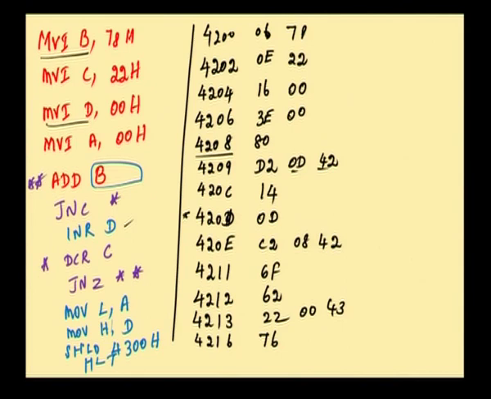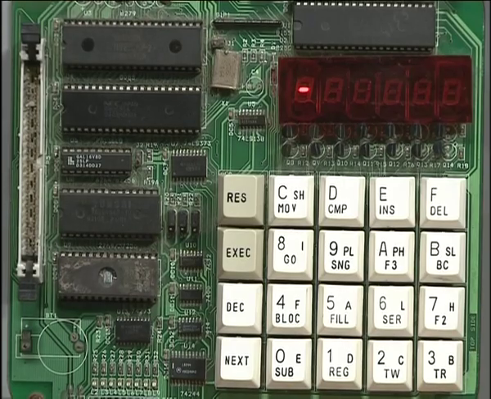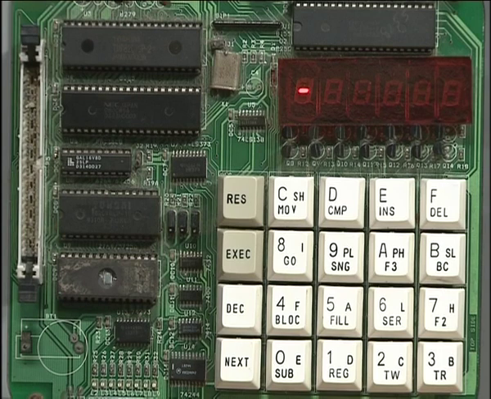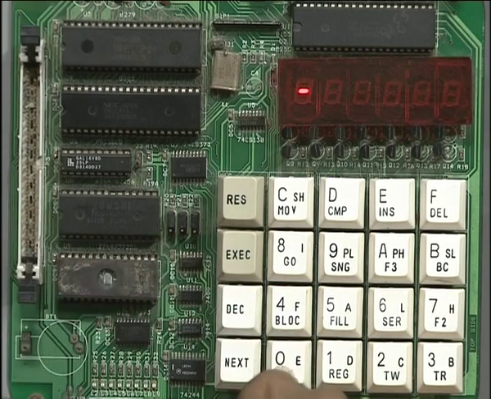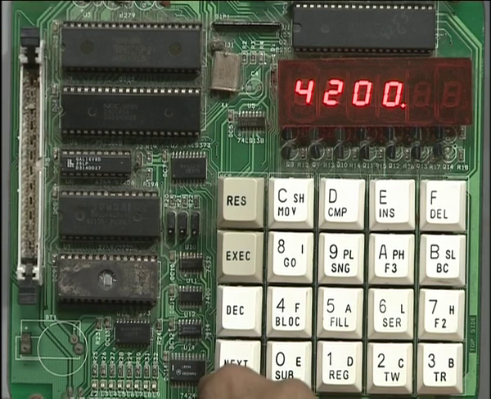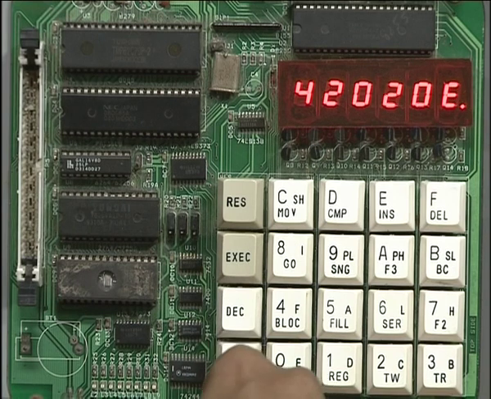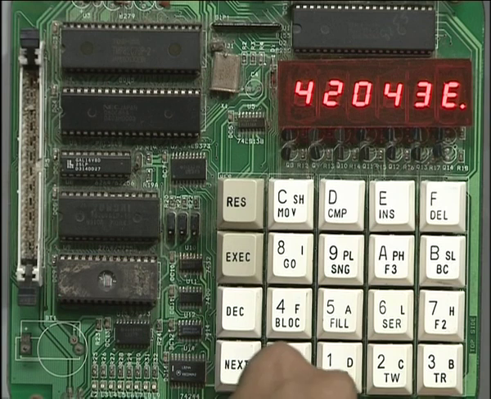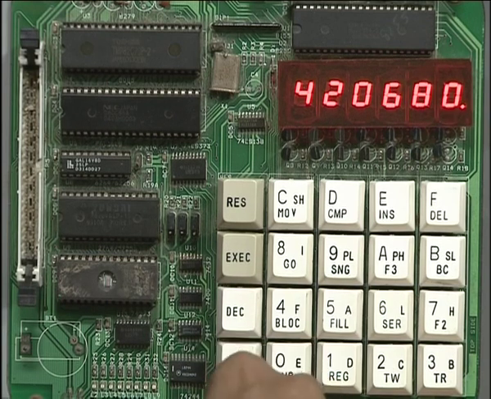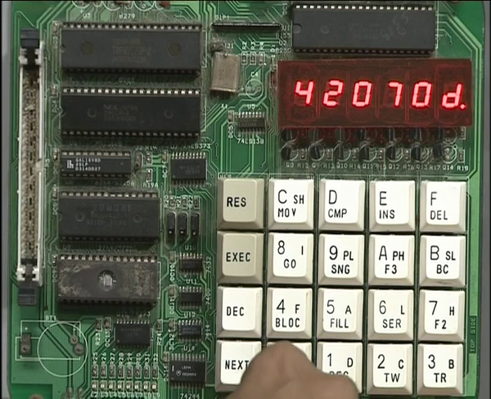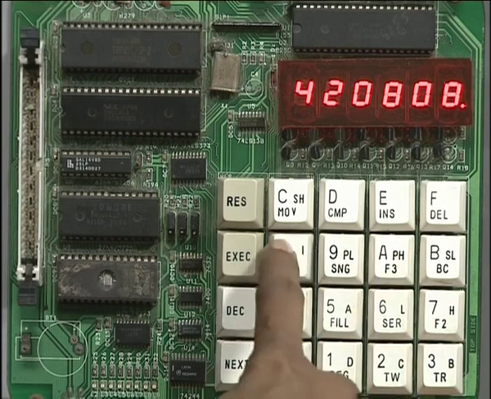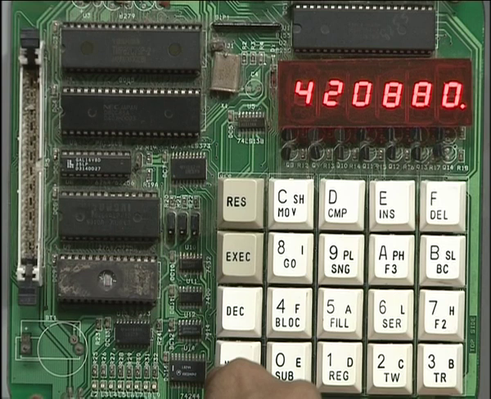Now we will enter this opcode into the kit and check what is the answer of 78 into 22. 16-bit addition with the carry, that is multiplication of 78 into 22, right. So take the address 4200, type the program 06 78 0E 22 16 00 3E 00 80, then